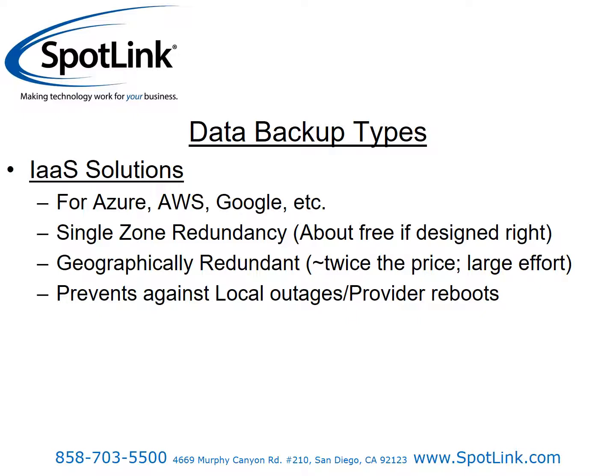The other one, much more involved and much more reliable, is the geographically redundant. Price is about double because you're running two separate instances in different parts of the country, and it's a very large effort to get that going. You have to tie in global DNS and all these other features so that it will fail over to that other data center. But this does protect against local outages